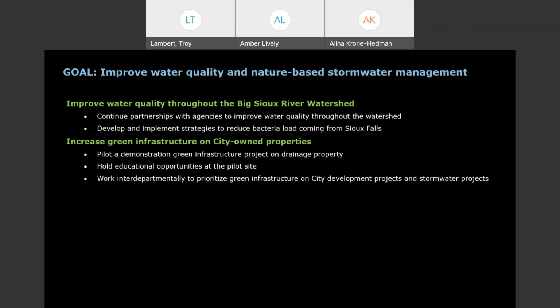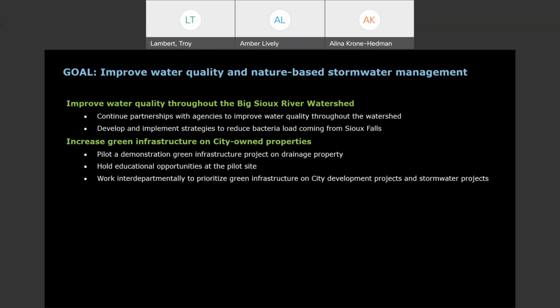Green infrastructure is something that plays a large role in our plan, and I'm just going to take a second to define that. So green infrastructure, when we're thinking about stormwater management, is kind of the opposite of what could typically be called gray infrastructure. So that's the concrete piping and man-made structures that carry our stormwater away from our community.